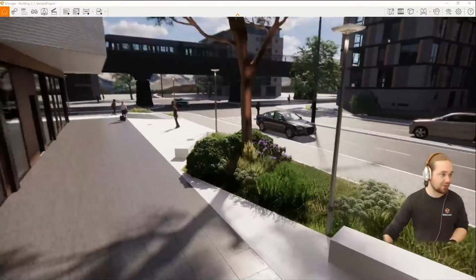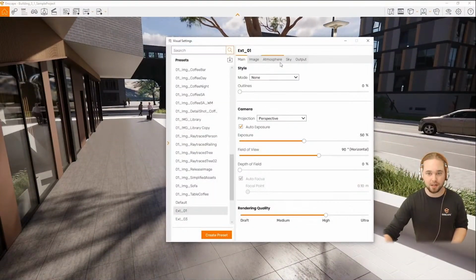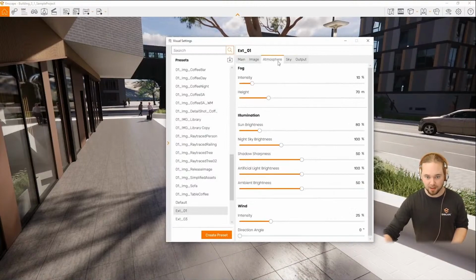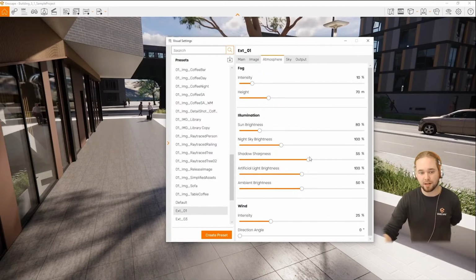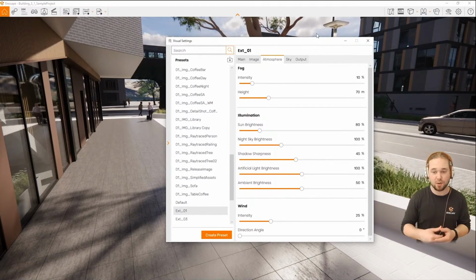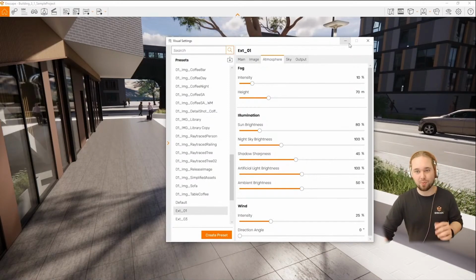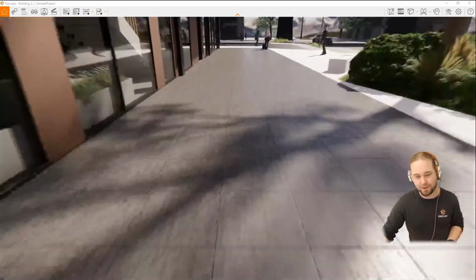Previously, with our non-ray traced shadows, it wouldn't have that effect. You could still control the shadow softness using the atmosphere tab, the shadow sharpness slider here, but you would essentially have a homogeneous and equal softness throughout the shadow, no matter what distance it is from the geometry.